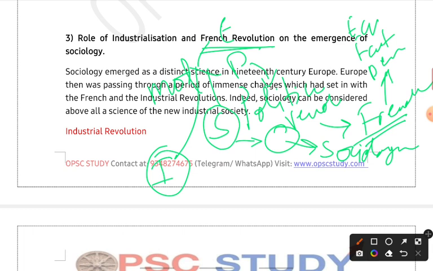And hence sociology came up, tried to build a bridge in between. Okay, this is how it should be studied. I mean, sociologically it should be studied, and human consciousness should be involved in it, rather than being too critical. So yes, this is the basic crux of how the emergence of sociology happened.